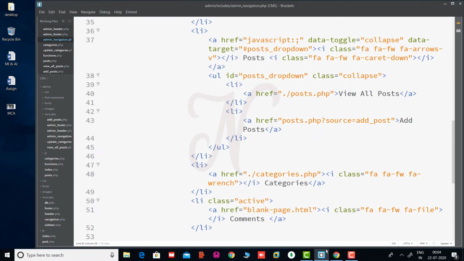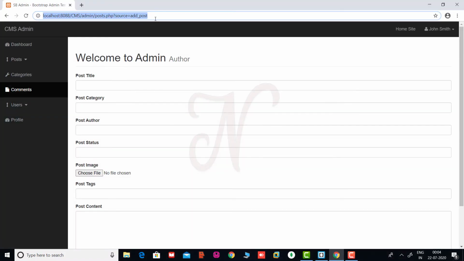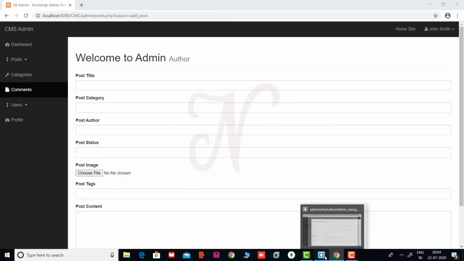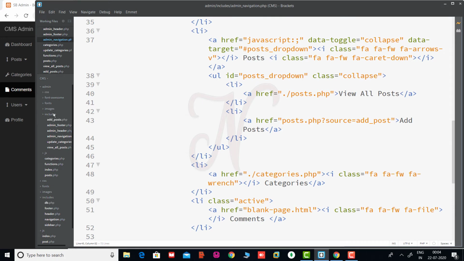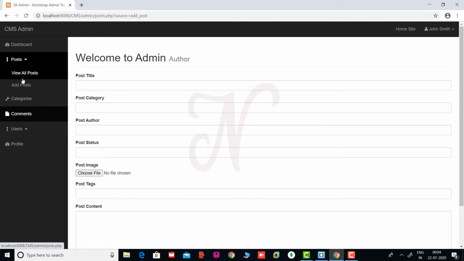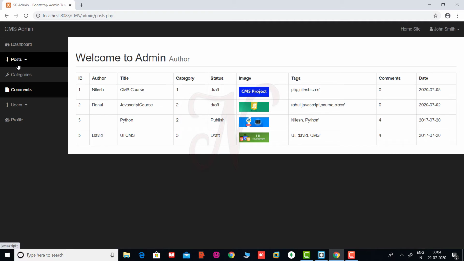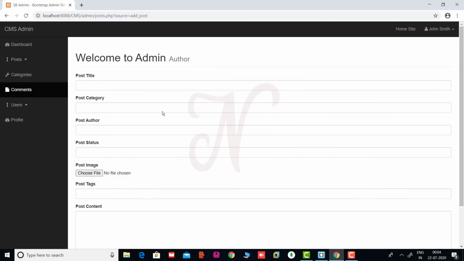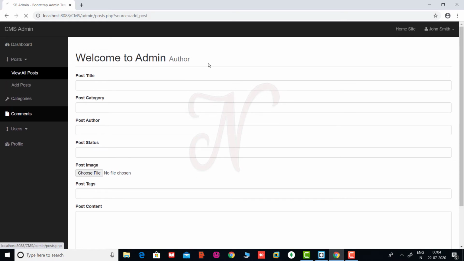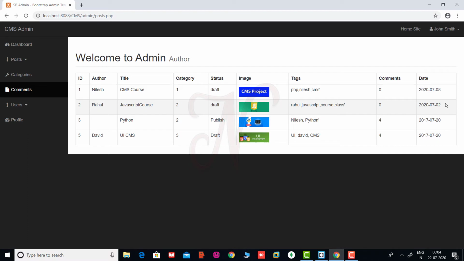Okay, fine. So again going to this page, save these changes first, then view all post, then add post. Okay, fine, perfect. Now our next section is that we add two URLs in the last two columns of this table, one for the edit and one for the delete. First we add the two URLs, then we do the functionality of these links.